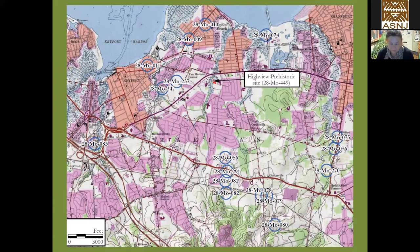I just want to talk briefly about his monumental 2005 study of Monmouth County Native American history, in which my late colleague Paul Boyd included the Hazlet Highview site area in what's called the Centerville Hazlet Homedale geographic cluster, a grouping of 9 sites. This included several likely procurement sites, as well as sites of greater complexity that may have been microband or even larger campsites. One of these is site 28 MO 56 right here, which was a